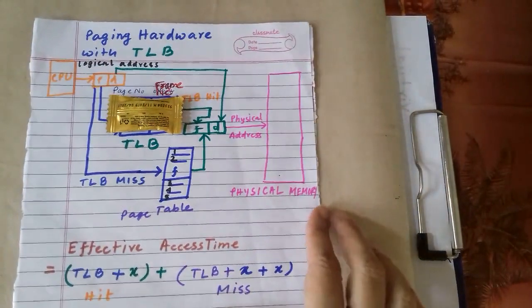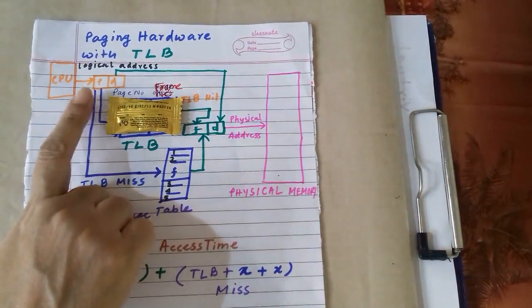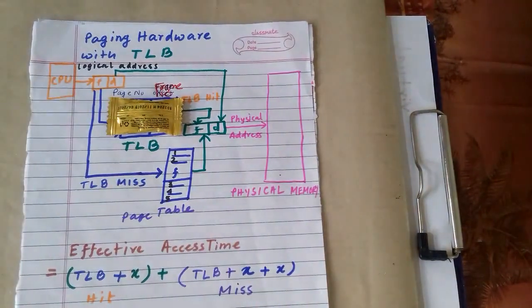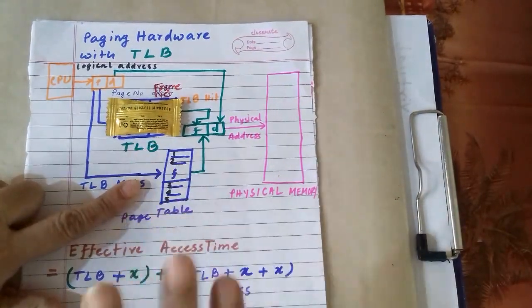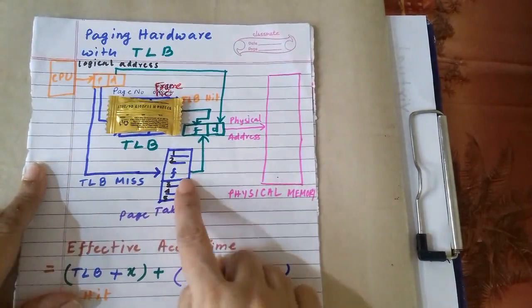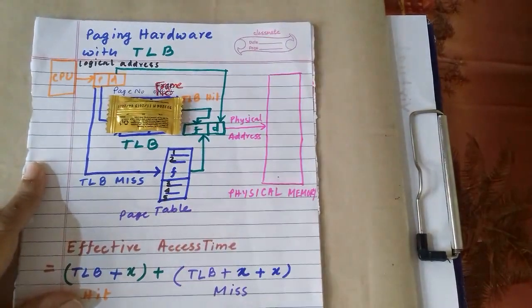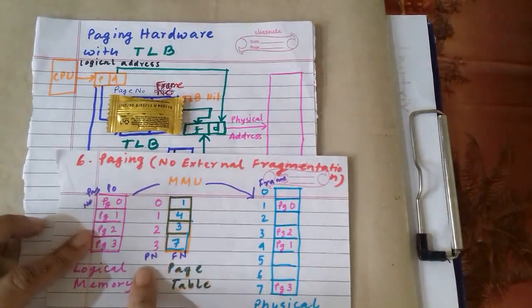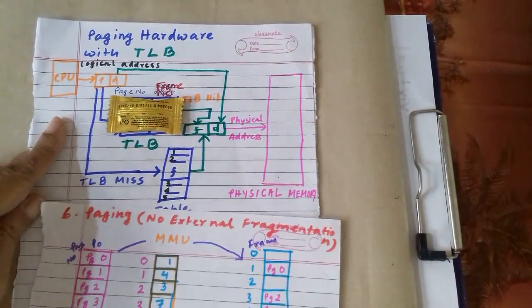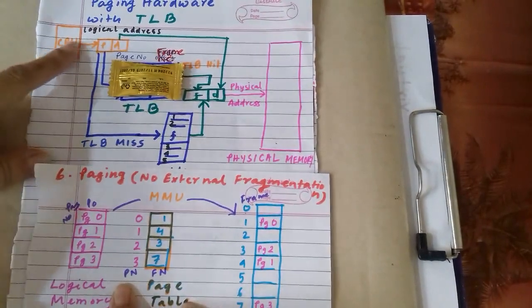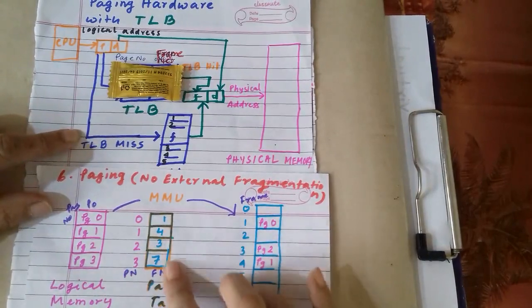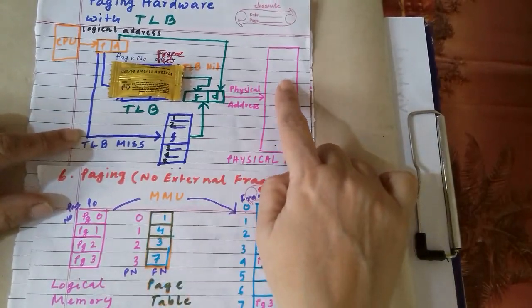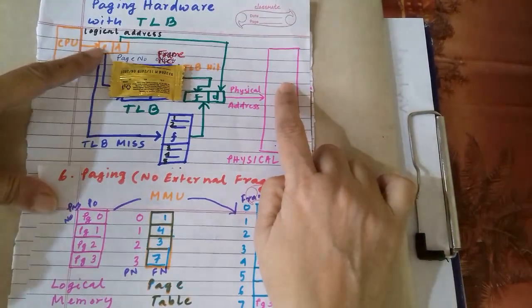How is the structure of the page table? The CPU will generate a page number and the CPU will generate an offset. TLB we also don't consider, because first we are not considering TLB. The page number will be checked in the page table, as we checked in the previous example. You can easily see this is our page table. The page number will come from here, and it will be checked here for which frame number it is there. From that frame number the CPU will get the required page.